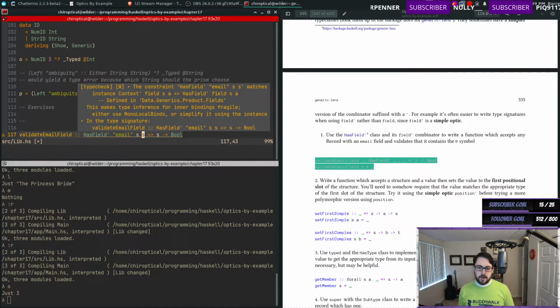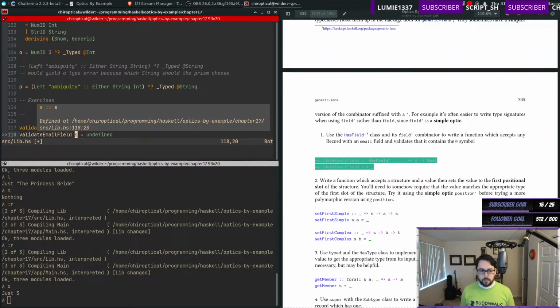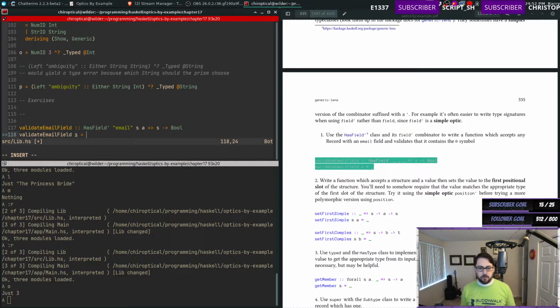So the constraint has field matches instance context. Oh, this is just a warning. But I think that this is actually supposed to be like that. Not 100% sure yet, but I think so. So we'll see here in a second. Okay. So this S is some generic structure that has an email field. So I guess you just can do